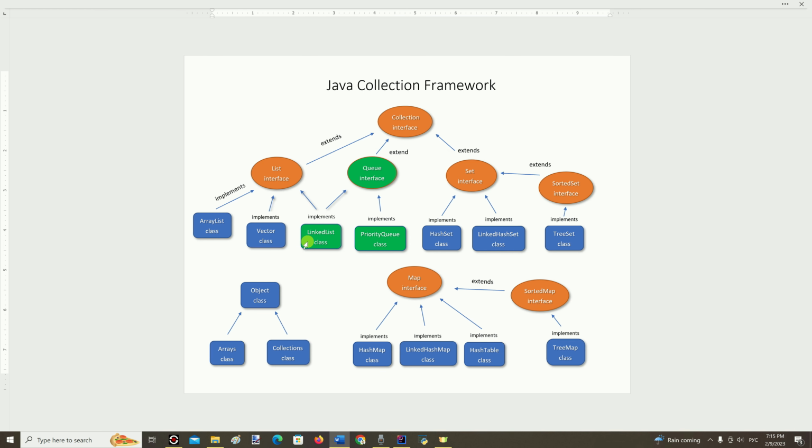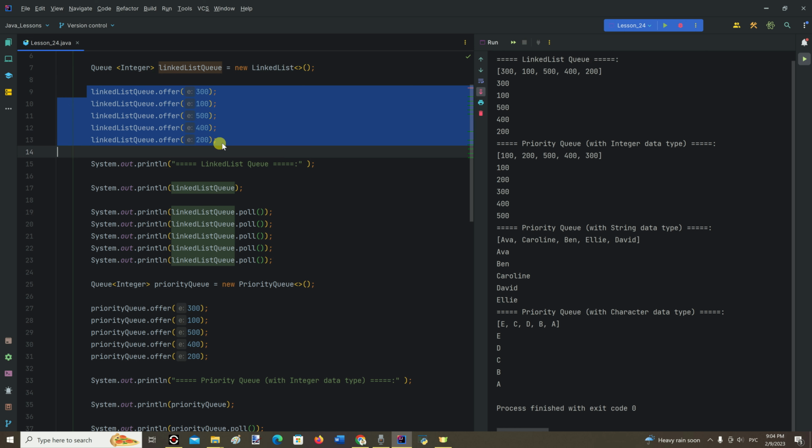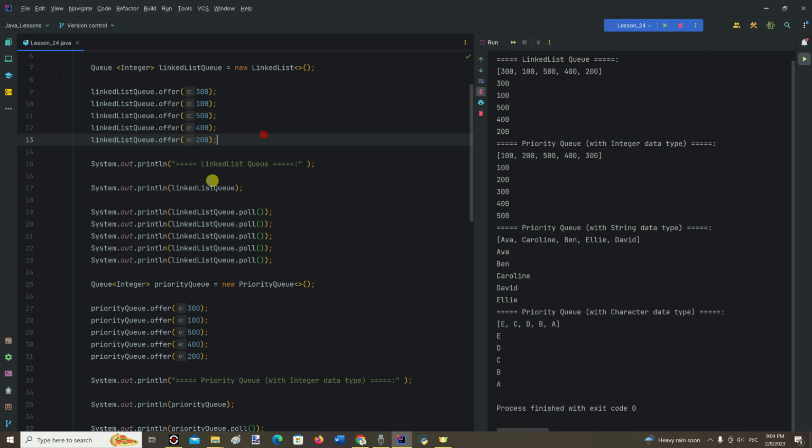Next, I would like to explain the differences between linked list queue and priority queue with examples. There is a linked list queue declaration on line number 7. In these 5 lines of code, we just assign values to it. And by printing the value of the linked list queue, we can see that it preserved the insertion order.